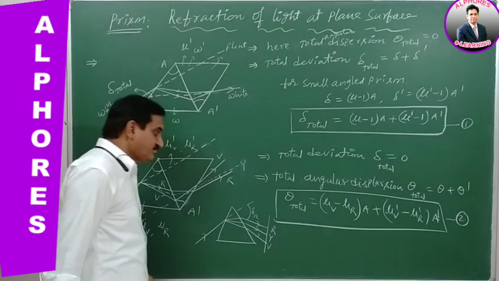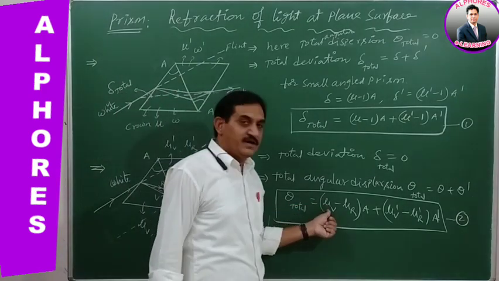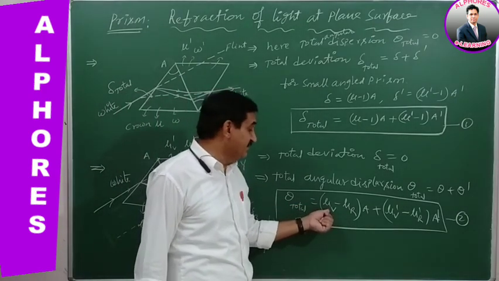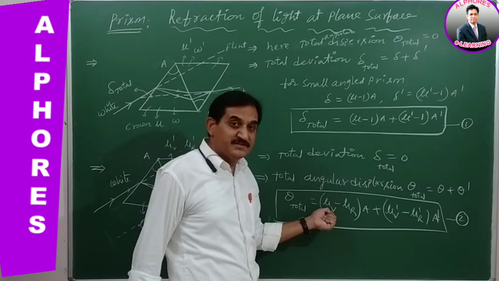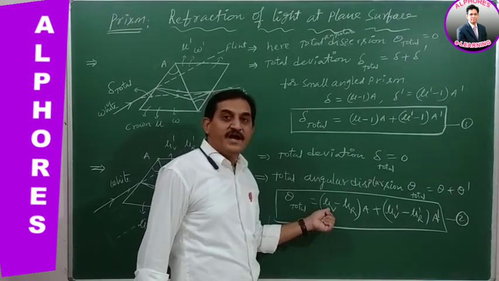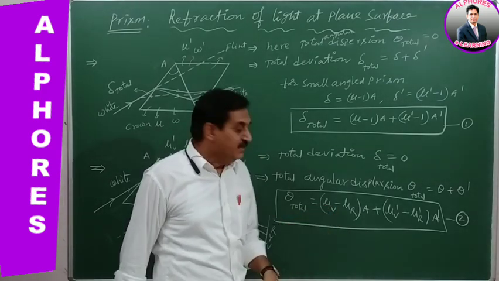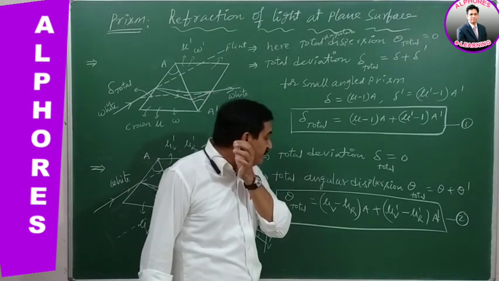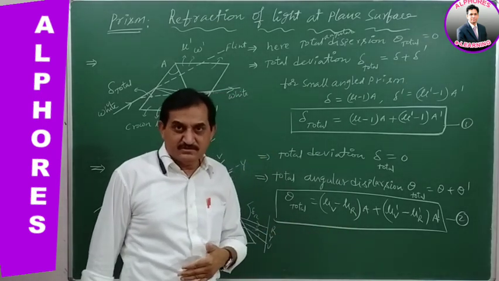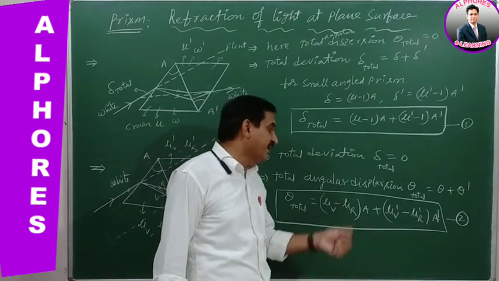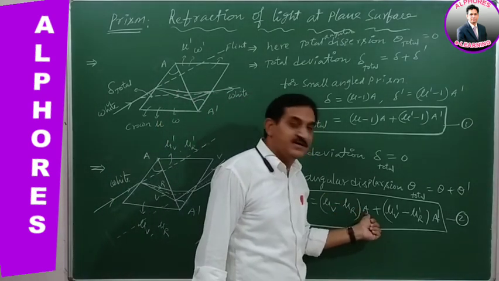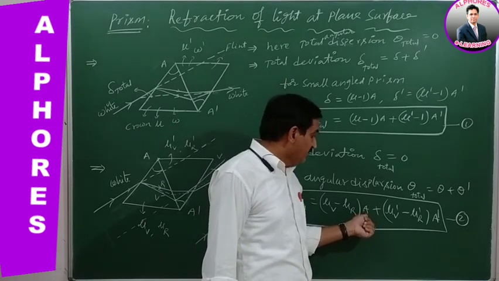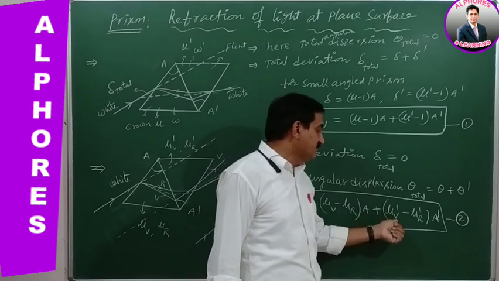So here mu v is the refractive index of the material medium of the first prism, which is made of crown glass, for violet color, and mu r is the refractive index of the material medium of crown glass, that is the first prism, for red color, and this is the angle of prism for the crown glass prism, and this is mu v dash